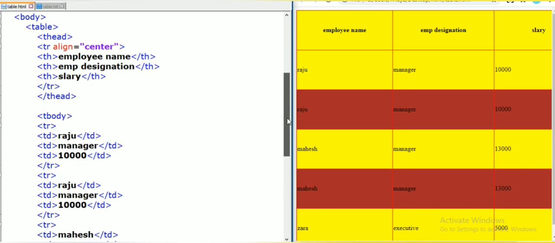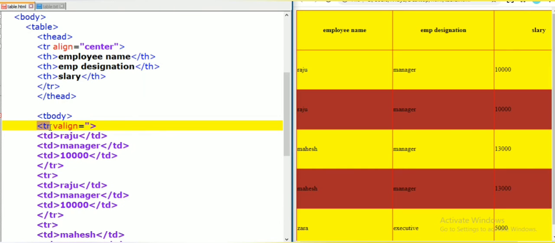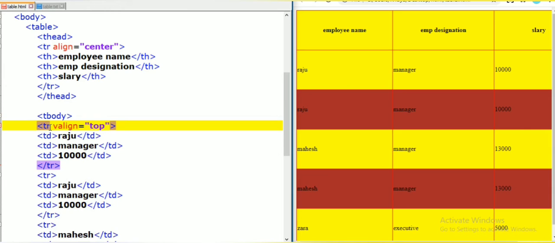So if you want to align text vertically top, bottom and center, then we can use the v-align attribute of HTML, v-align. So if you want to align to middle, then middle you can use. And if you want to align at top, you can pass the top value to the v-align attribute.